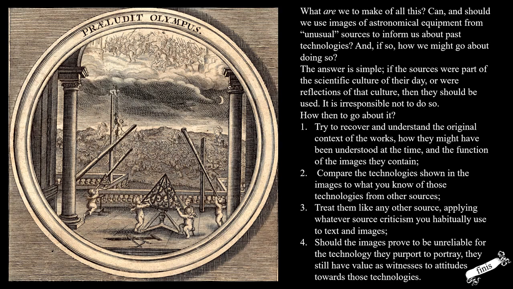So even if something is not an image of science, or if something is not a scientific image, it's still an image of science and has value to inform us about how science was perceived at the time, which is still of